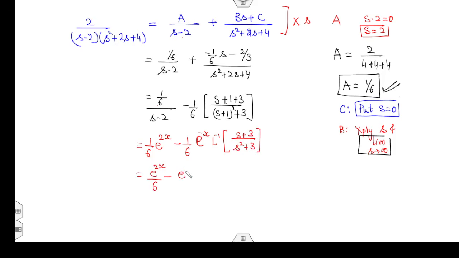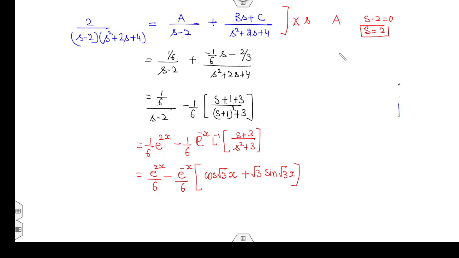Divided by 6 e raised to power minus x over 6. Now you can separate s over s square plus 3 as cos root 3 x, and 3 over s square plus 3 as root 3 sine root 3 x. Fine. Why? Let me tell you again,